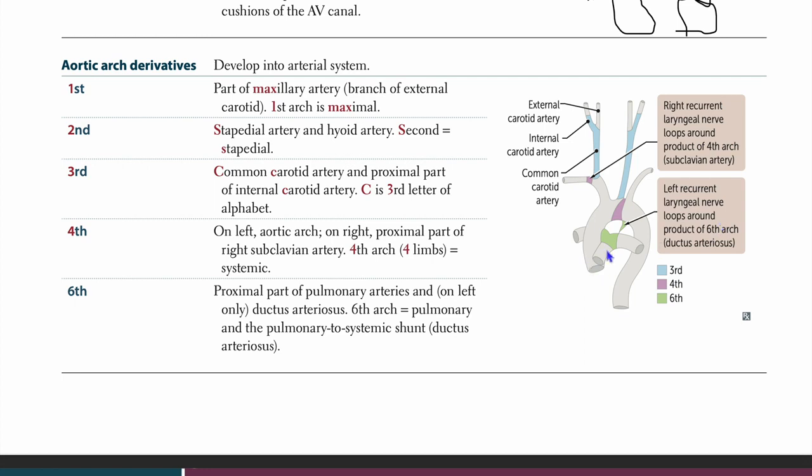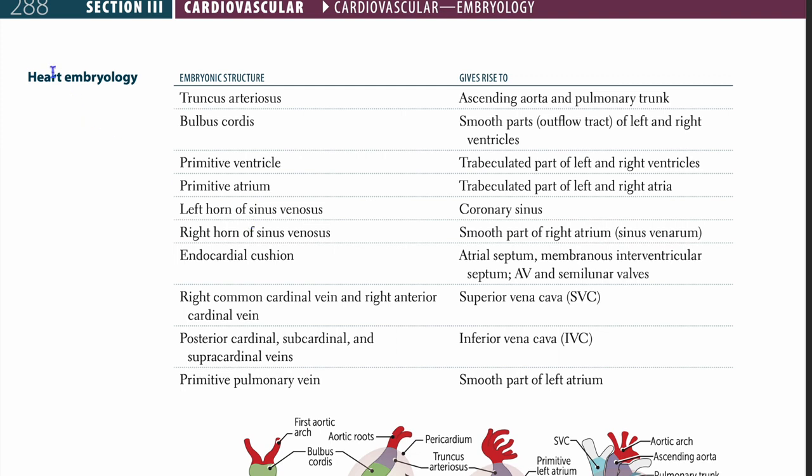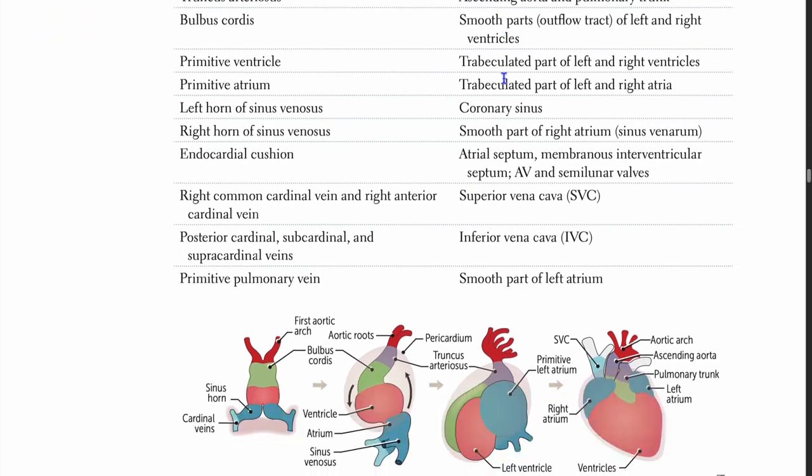Okay, and this would be the arch by the fourth. Right, on the left, it makes the aortic arch. Cool. With that, heart embryo. So embryonic structures, and what they give rise to. Okay, so